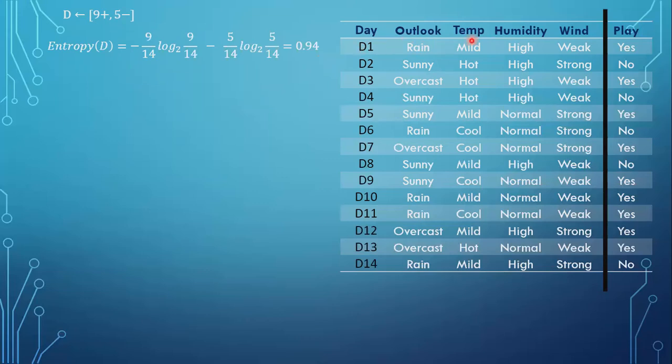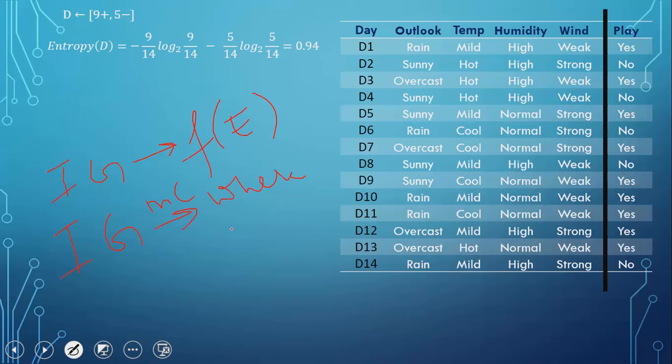Now in order to divide this data set, we will select one of the columns, one of the features, either outlook or temperature or humidity or wind. We will choose the feature based on the value of entropy. We will be calculating the entropy value of each and every column, and we will see upon choosing which column our entropy will be reduced. We know that we have something called information gain. Information gain is a function of entropy. We know that this information gain increases in the direction where entropy decreases.